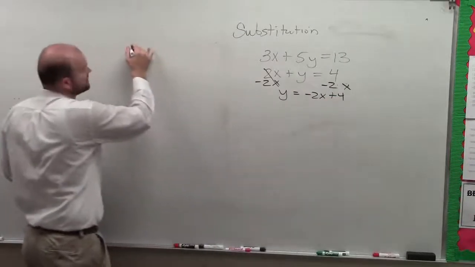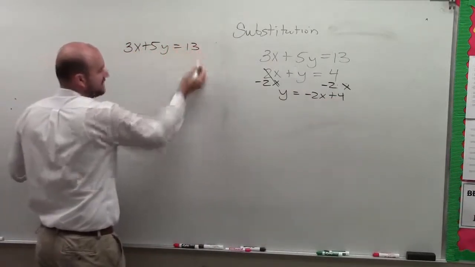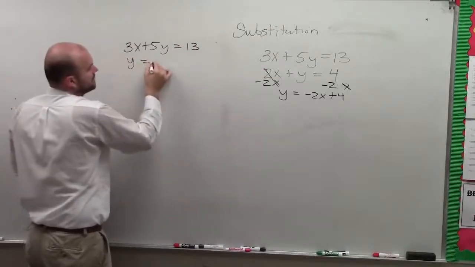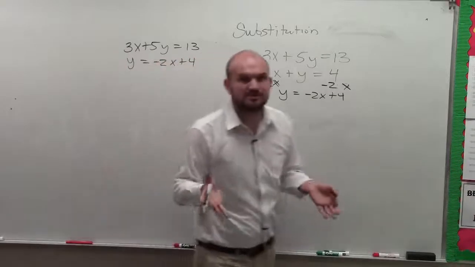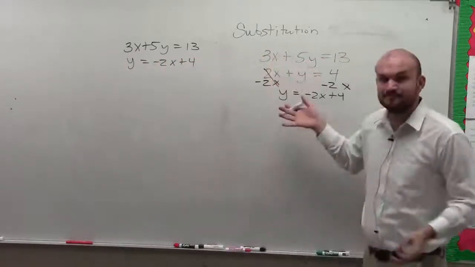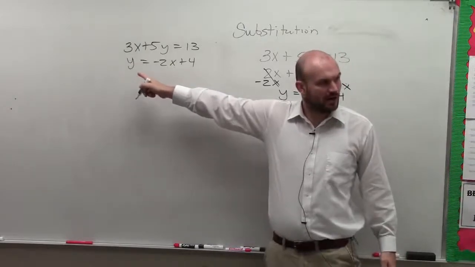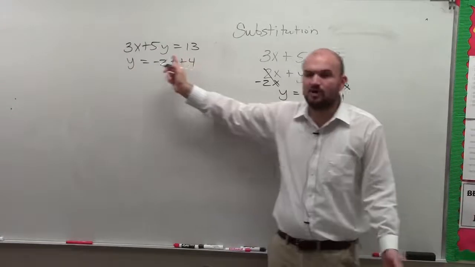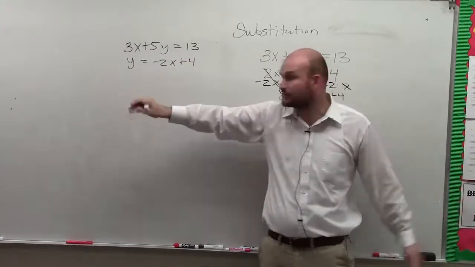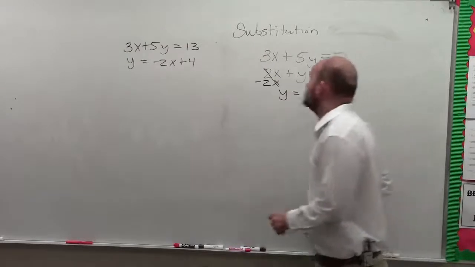So now I'm just going to rewrite my system. It's 3x plus 5y equals 13. And then y equals -2x plus 4. So basically, when we're doing substitution, we want to be able to have it written with a variable isolated. All right? And you can do this when it's not equal to 1. But then you'd have to undo multiplication or division. So it's easiest when you have a variable that has a coefficient of 1. So now,